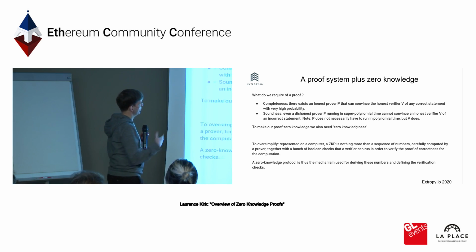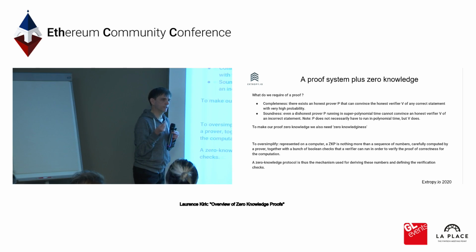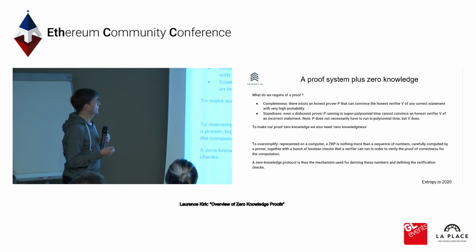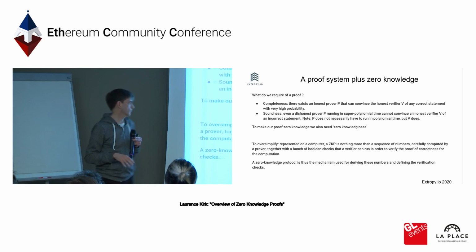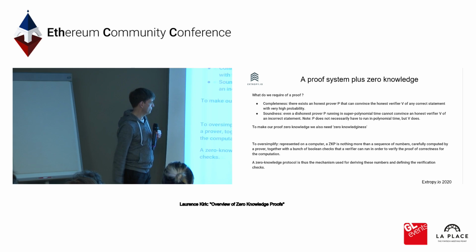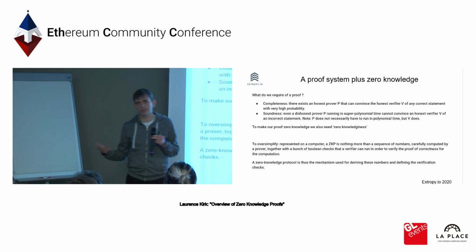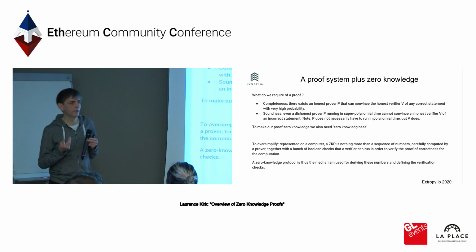And on the converse, there's the idea of soundness, so that if you have a dishonest prover, someone who gives a false proof, then the verifier will be able to detect this. So that's the proof side. But then in addition, we need the zero-knowledgeness of this. We've seen the examples in those first two examples. You've got your proof, and then the verifier has some means of checking this. But whatever protocol they've used, they should just come up with an answer of whether the proof is true or false and gain no other information.